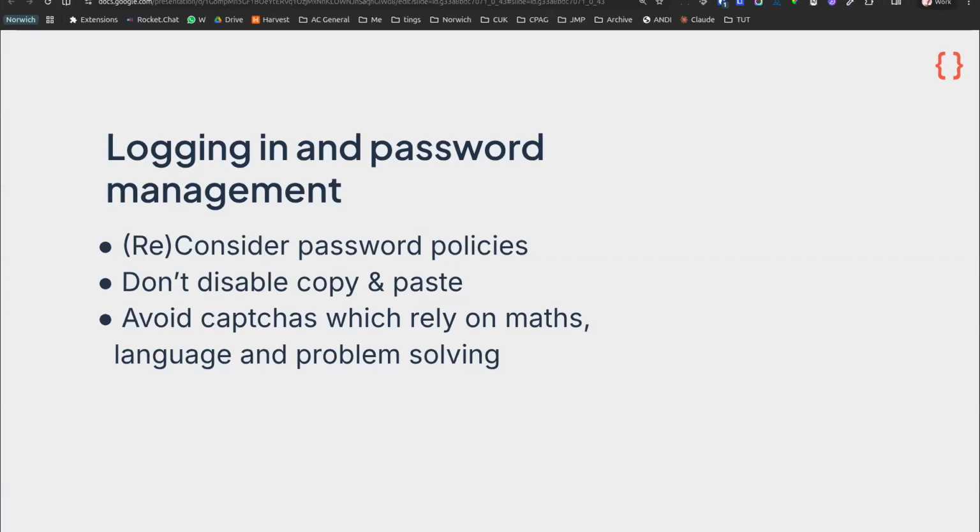Passwords for me is always a bit that catches me out, and I don't necessarily think of myself as someone who has massive cognitive need. I'm dyspraxic, and I think that's why I find it really hard to visualize what I'm writing when I can't see it, with complicated passwords. You just get more and more frustrated, and you're in a bad mood by the time you get through. It ruins my experience. And I totally agree on the copy and paste, because of the number of times I've tried to copy a password from my password manager because it won't autofill, and then it won't allow you to paste it into the field, and it just drives you crazy.